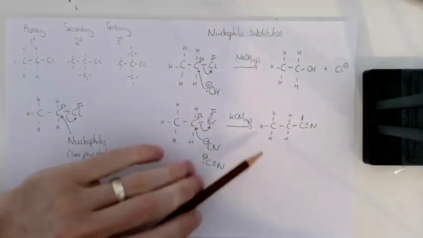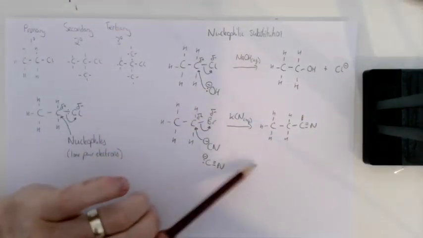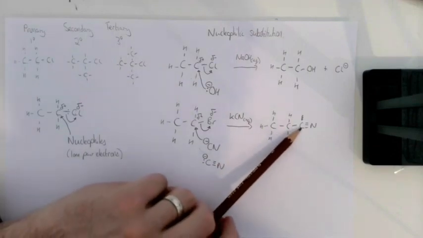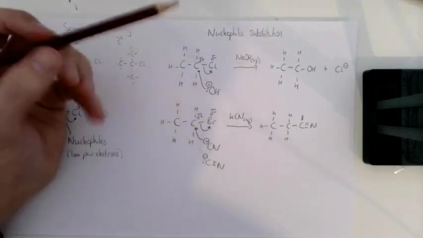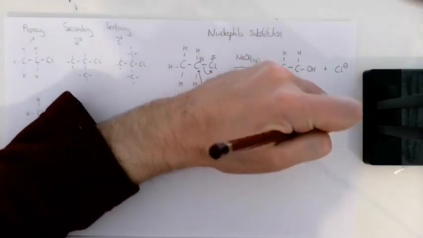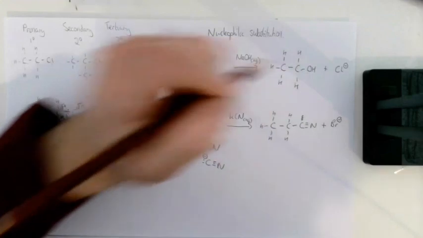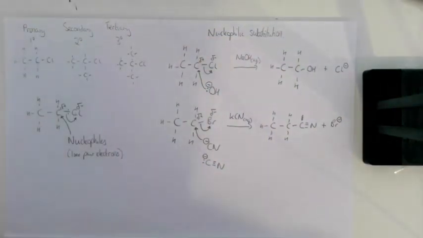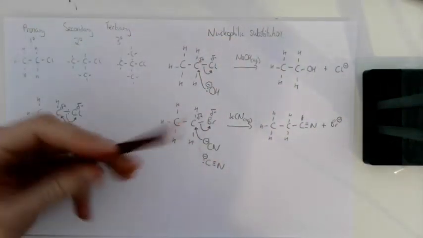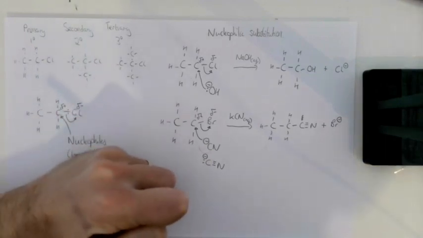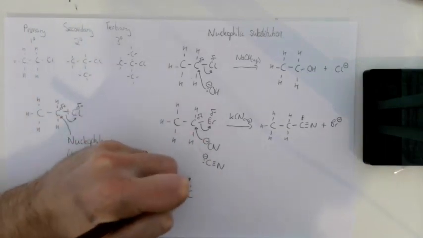So this is quite a useful reaction, particularly when you get into A2, because it's a way of making the carbon chain longer. So if you want to do that for whatever reason, that tends to be the sort of reagent that you use, and then Br minus as the side product. Final type, which you may be asked, unlikely, but you never know,